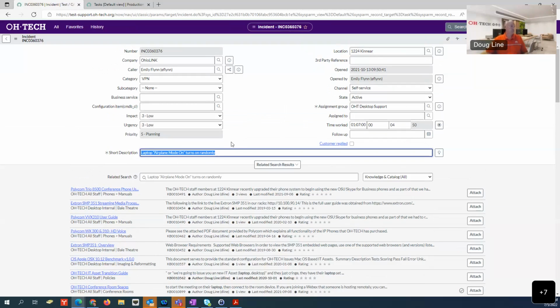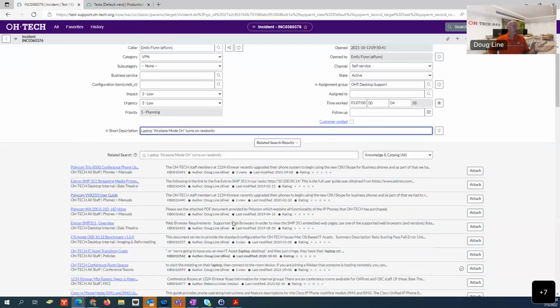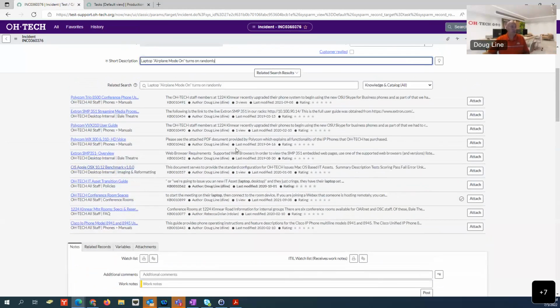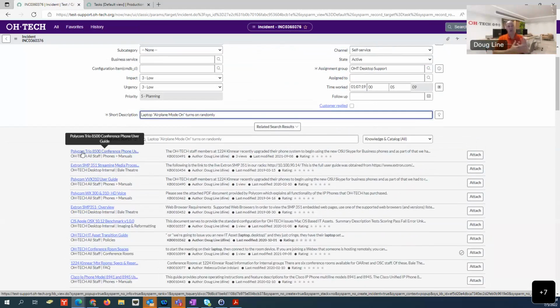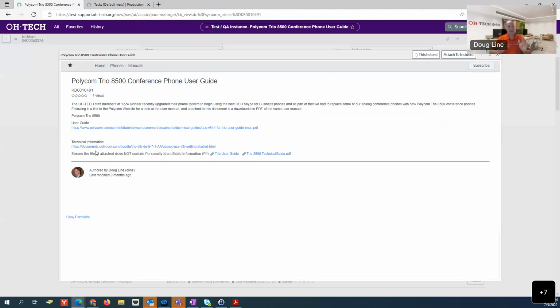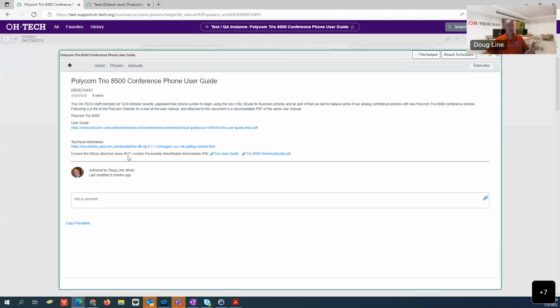So we've got something here where a laptop airplane mode only turns on randomly. And so these are the items that ServiceNow believes is the closest match to any of those. Just to show you how the functionality works, if you thought, well, maybe this Polycom Trio 8500 might help. If you click on that, it doesn't take you off of the record, but what it does, it shows you the contents of that particular knowledge base article